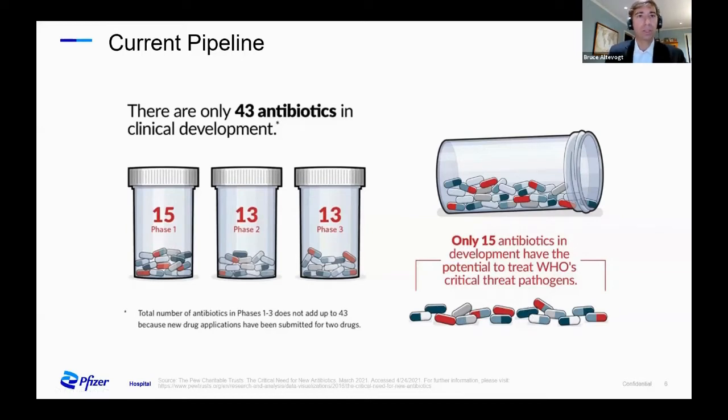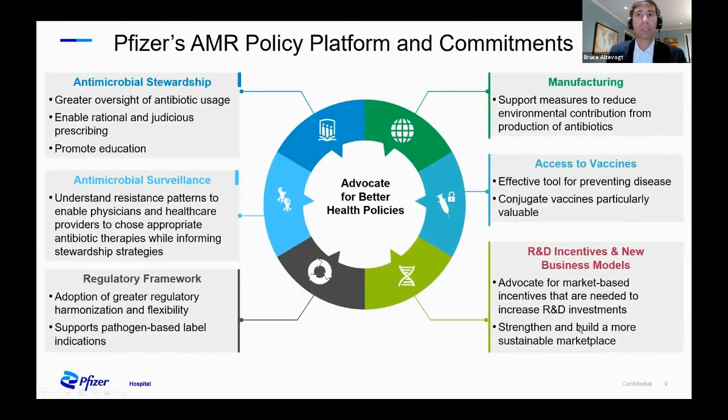So we as industry need to do more. Certainly, we focus on research and development, the need for new business models, committing to supporting new research and development. However, that is just one piece of the puzzle, and it's one piece of the puzzle that industry can take on. Other areas that industry needs to and has to support, and which we at Pfizer do, focus on vaccines. What is the role of vaccines as prevention of the infections so that the patients don't even need to get antibiotics? Stewardship is absolutely critical about what and how industry can support and ensure the appropriate use of the medicines that the community has.